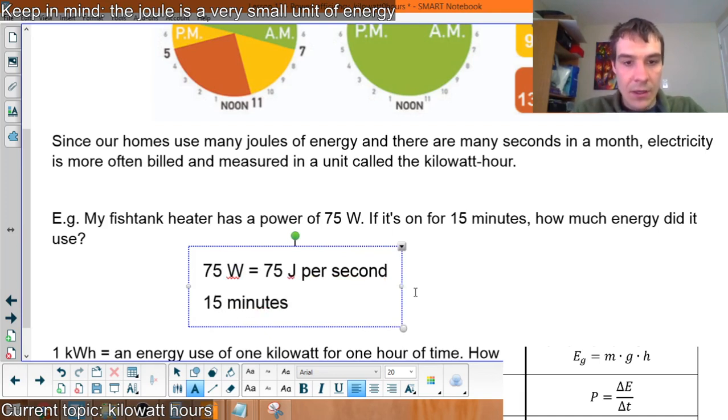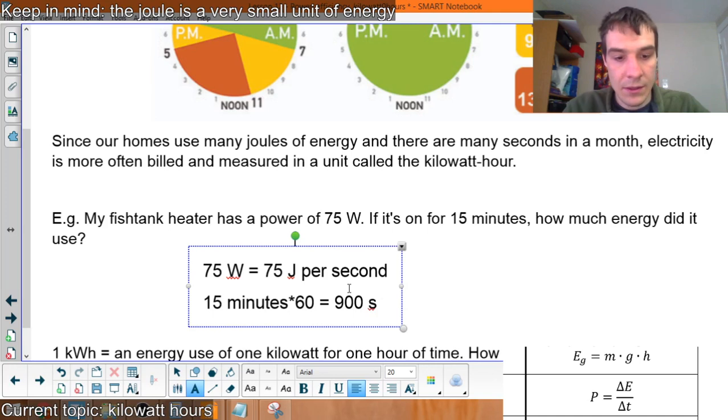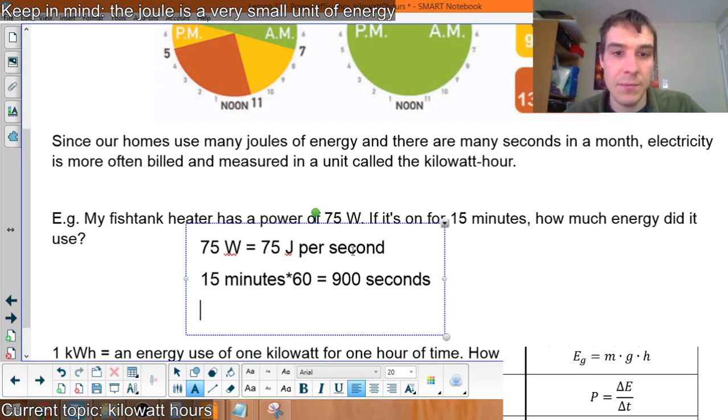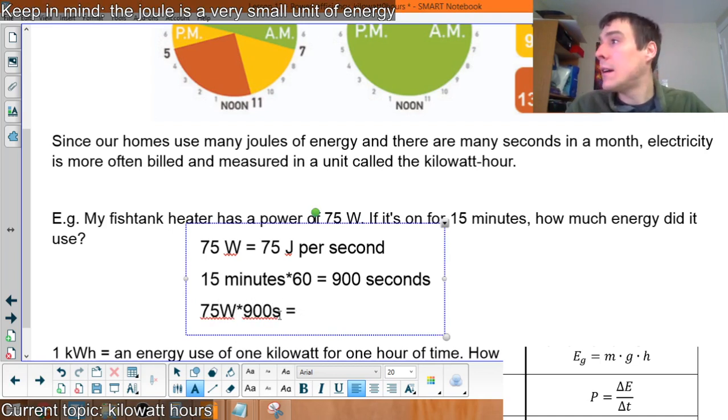15 minutes times 60 is a lot of seconds that I don't have time to do in my head right now, so I'm just going to do it on the calculator here. 15 times 60, 900. It's 900 seconds. So just the heater in my fish tank in 15 minutes is going to use 75 times 900. 75 watts times 900 seconds equals 67,500 joules,